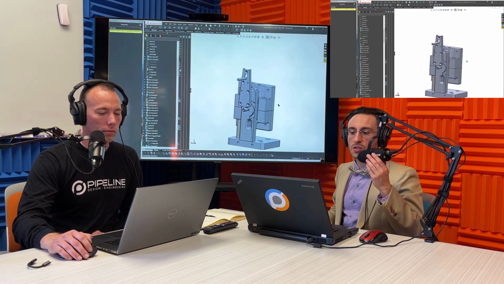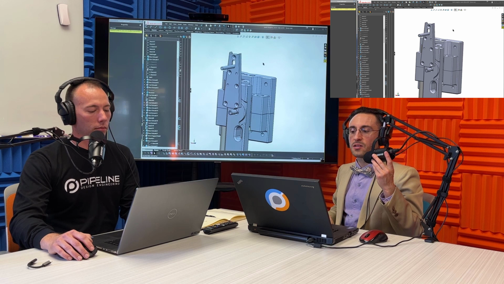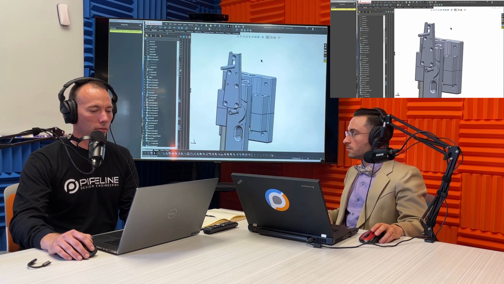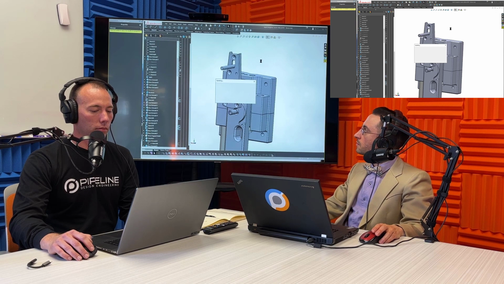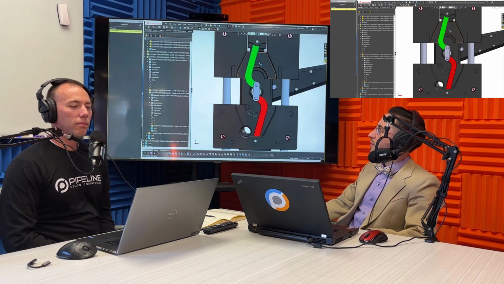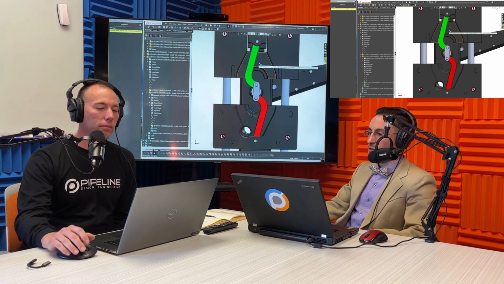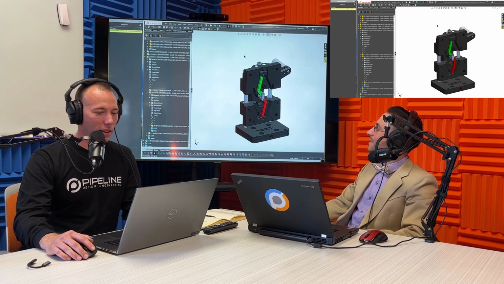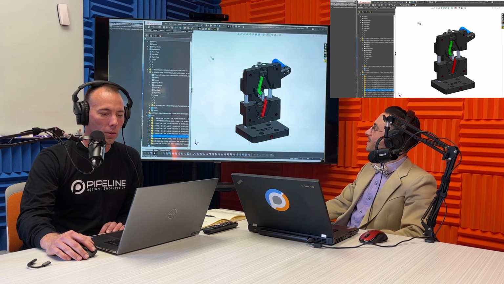What was the hardest part about developing this mechanism inside SOLIDWORKS? The part that maybe gave you the most frustration, because I'm sure frustration happens, right? Designing mechanisms. Okay. Yep. I think the hardest part was